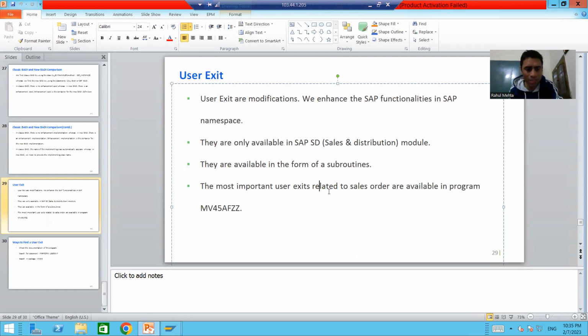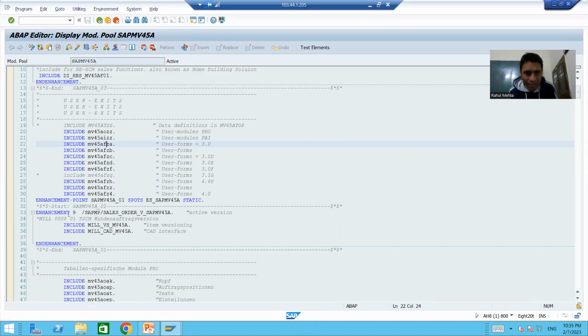You can clearly find this important include program. Whenever I double click onto it, I will find so many user exits there, and I can check, depending upon my requirement,